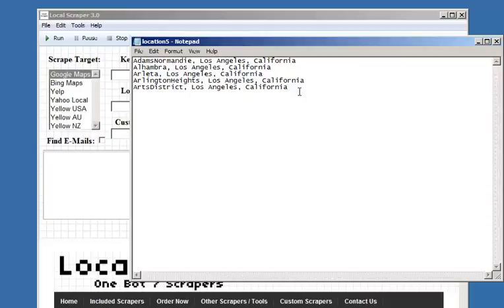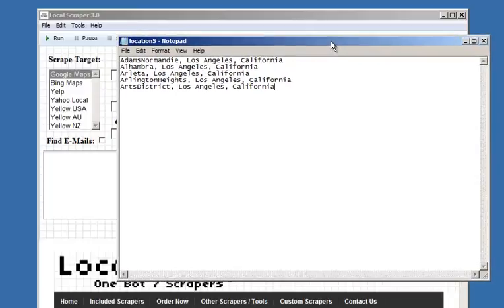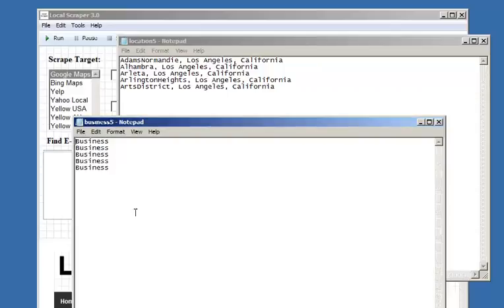This is just a list of the locations. You can use zip codes in here. Again, try to include the state at least. I highly doubt they would be duplicated anywhere, but remember these sites can be international. Maybe you put in 33040 and it just happens to match some weird thing in France. You never know. So try to be specific on the locations. Here is an example list